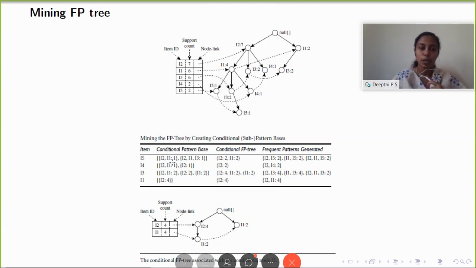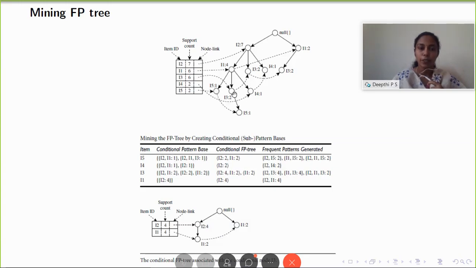The support count is 1. So put it here. Now the second path is I2, I1, I3, I5. So the prefix nodes are I2, I1 and I3. So I2, I1, I3 and the support count of I5 here is 1. This is how you create the conditional pattern base.